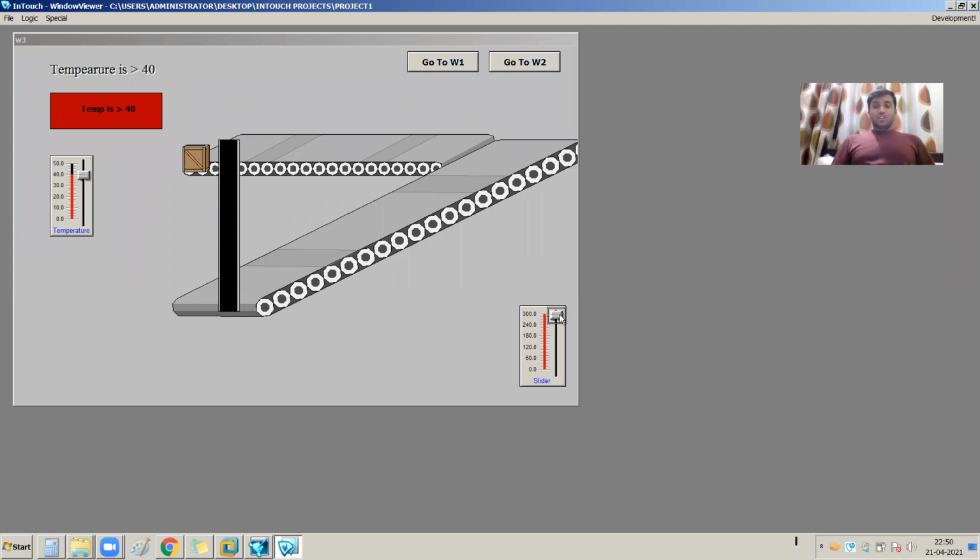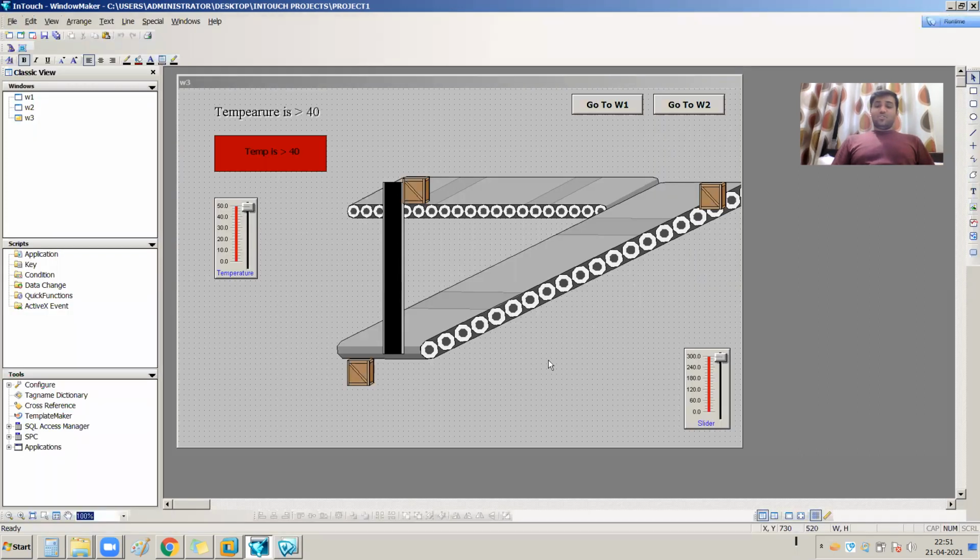If you go down again to 0 of your slider tag, now if you move ahead from 0 to 100, the horizontal box will be available. From 100 to 200, the diagonal box will be available. And from 200 to 300, the vertical box will be available. So this is the way you can use the visibility concept. I hope you can understand this visibility concept very easily.